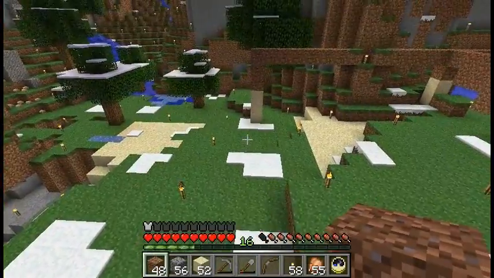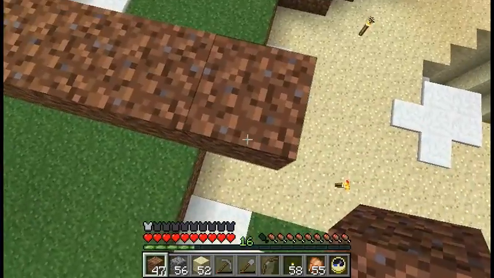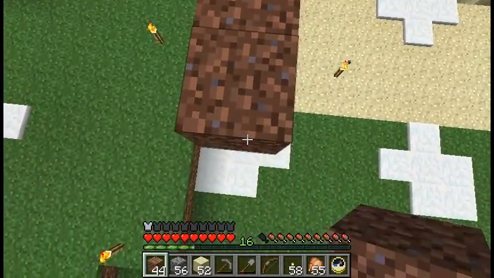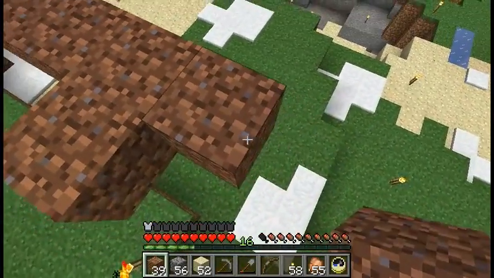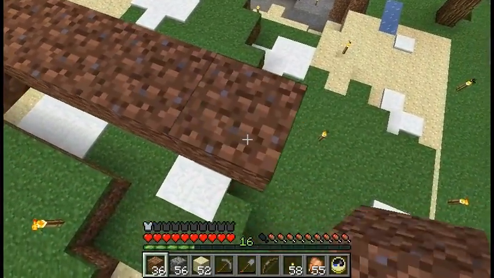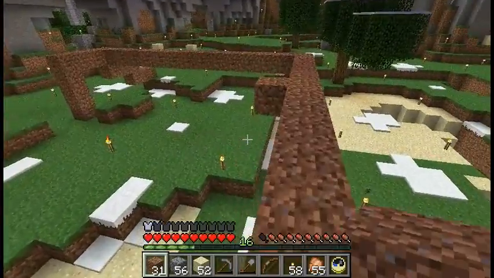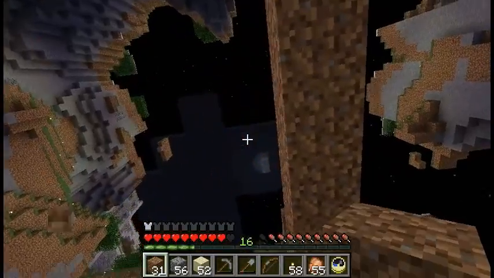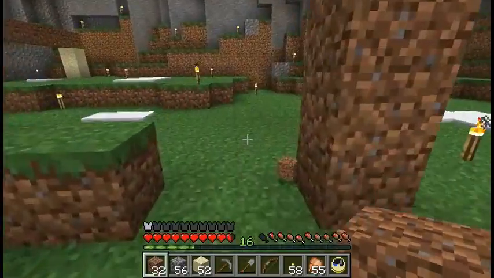And I'm gonna have to put some torches up because things are gonna start spawning if I don't. So despite saying that I was gonna excavate a lot of things, it turns out this is gonna be a huge platform that I have to fill in with something. I guess I'll keep it open underneath here. Maybe. I'll think about it. Alright, so there's